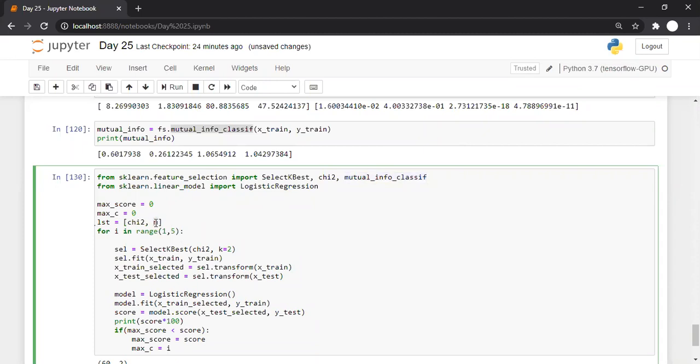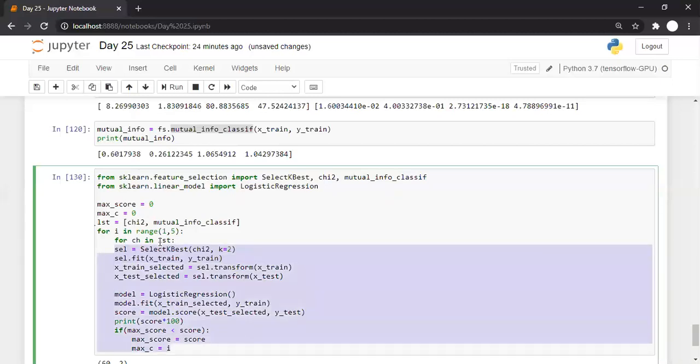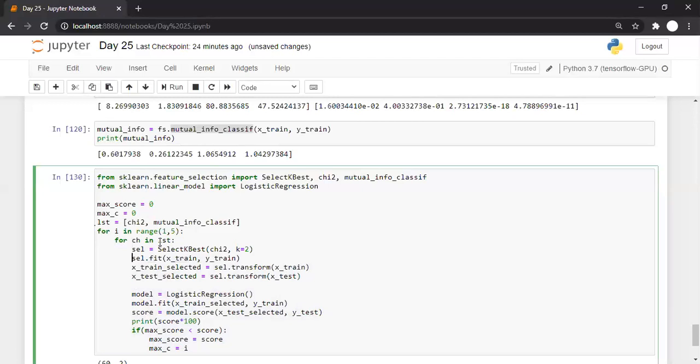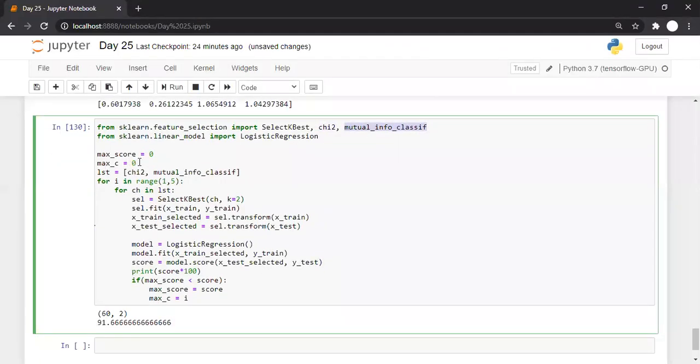Copy and paste. And now we can go for a nested for loop, for choice in LST, and here instead of writing chi-square, I'm writing choice. So it will test it with chi-square as well as mutual_info_classif. So we will come to know which method is better to select, chi-square or mutual info.